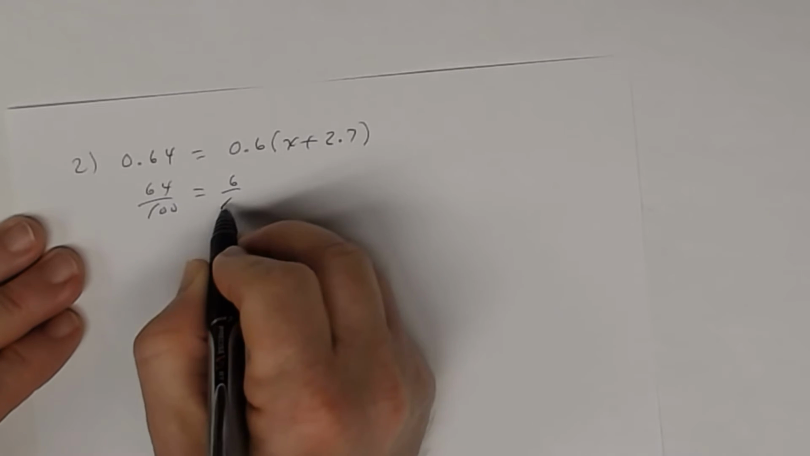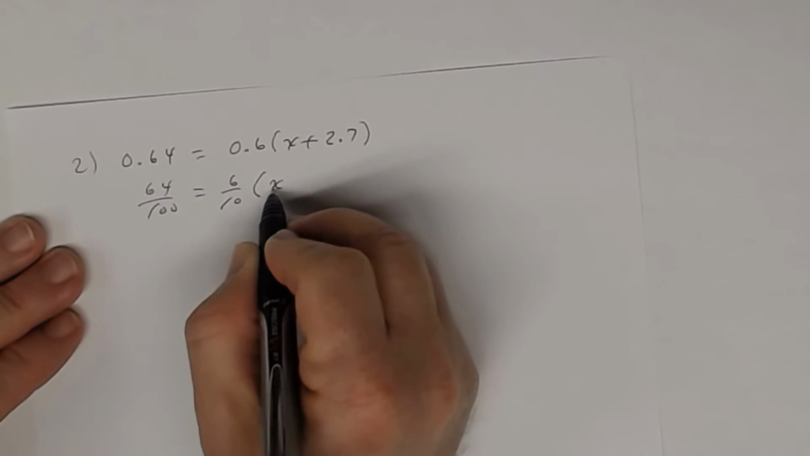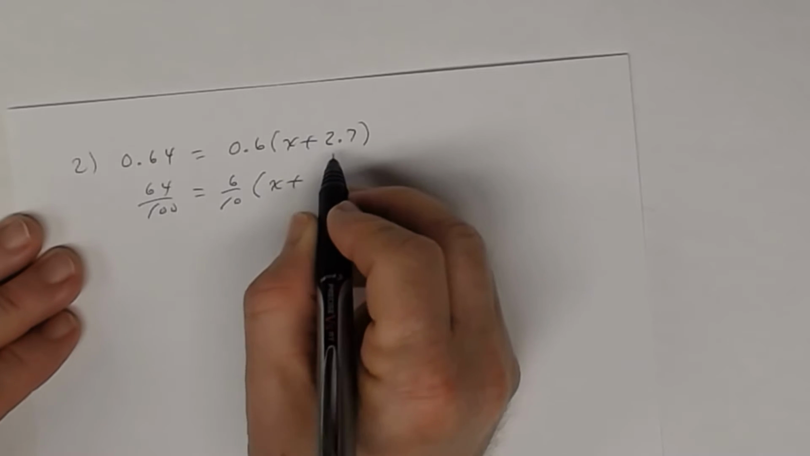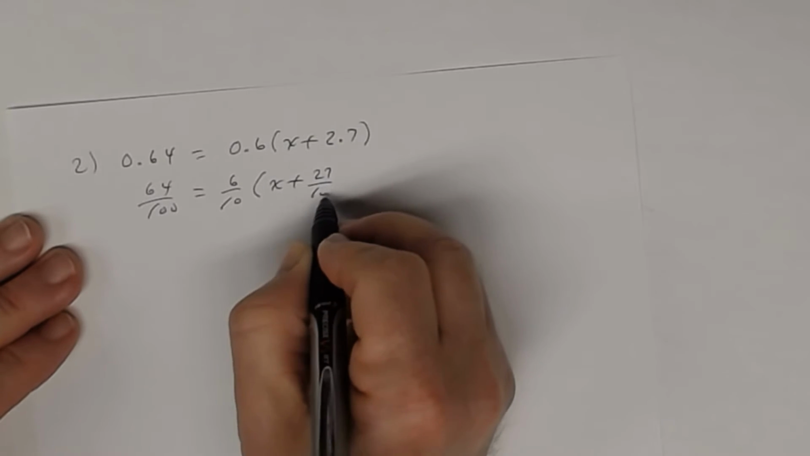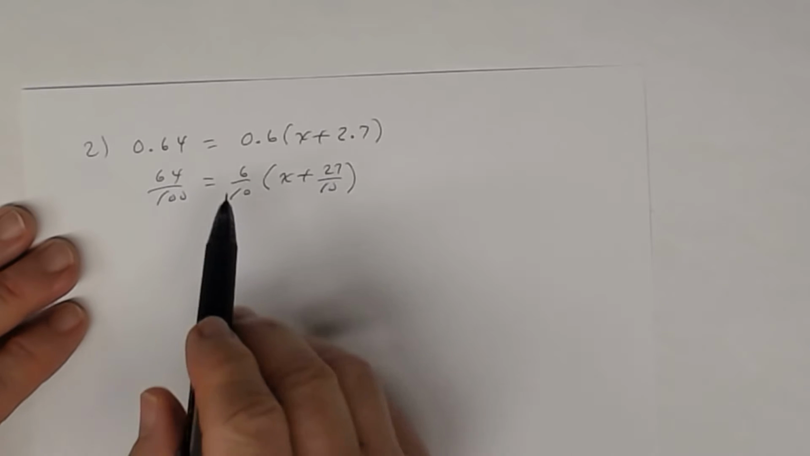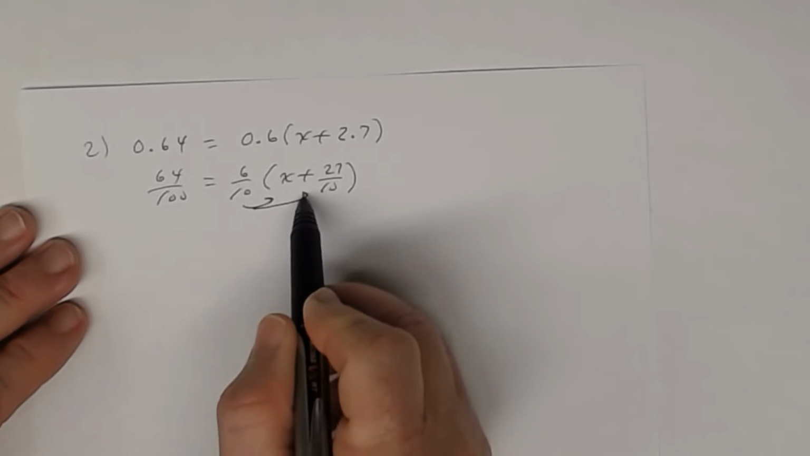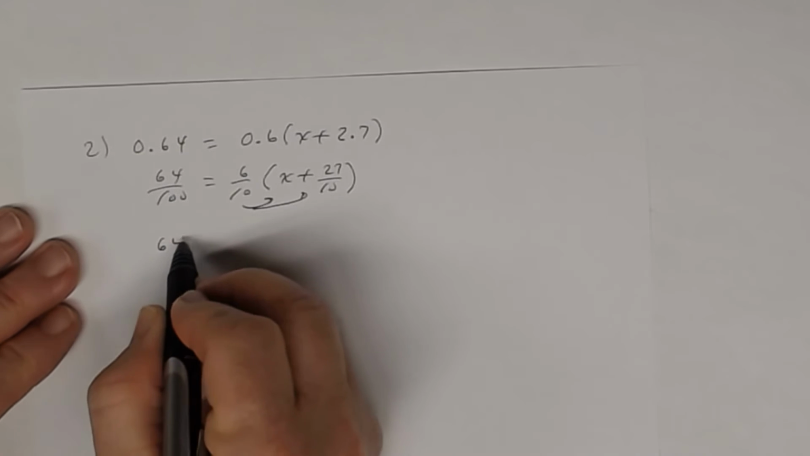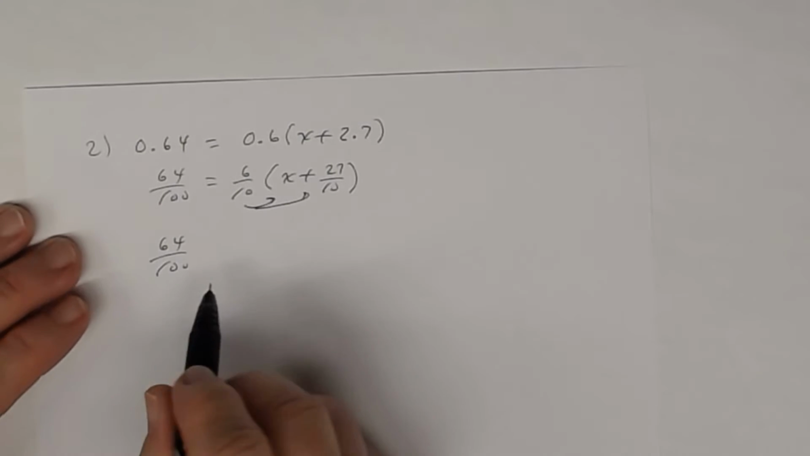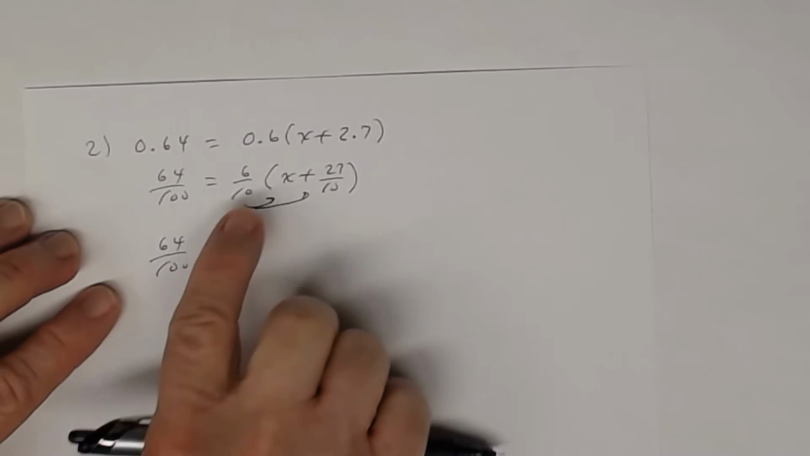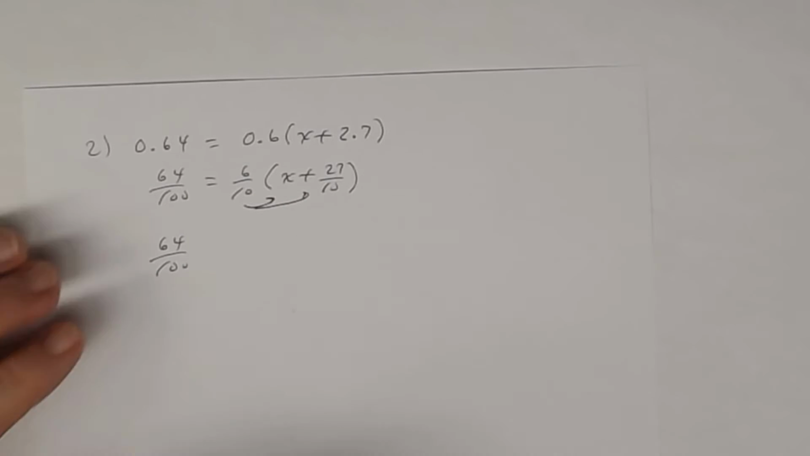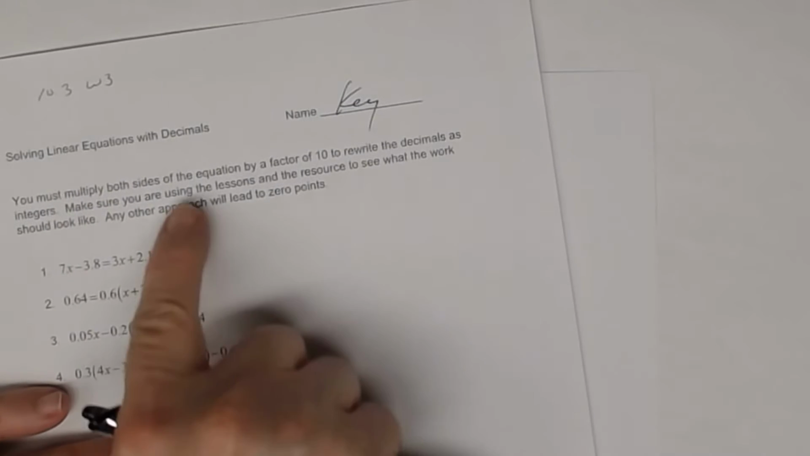6/10 is this fraction, 6/10 times x plus 2 7/10, which is 27/10. Once I get to that point, the next thing I would do is distribute. And so I get 64 hundredths. Now don't reduce this, and don't reduce this, because remember, the whole point here is I need for you to